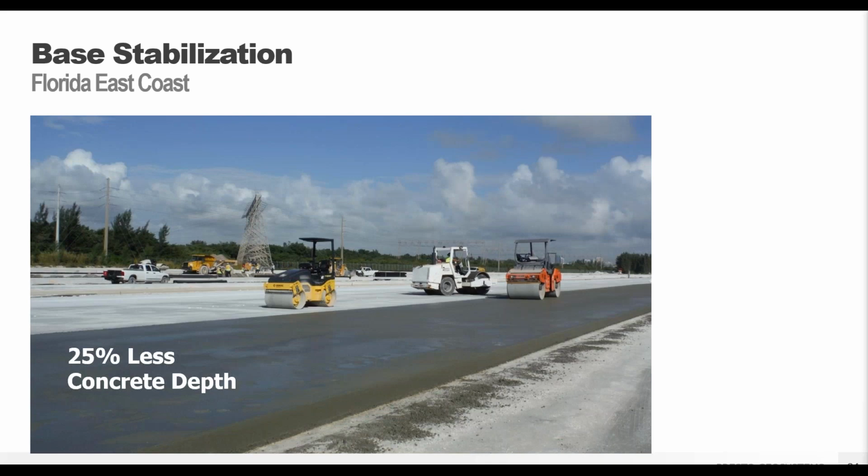Here's right after the placement when those rollers are compacting that concrete. So you have that nice, very durable surface. By using the GeoWeb system, they were able to reduce the depth of the roller compacted concrete from 24 inches to 18 inches. But more importantly, the construction only required 2 lifts of concrete rather than 3, because they were able to do it in 2 9-inch lifts rather than having to do 3 8-inch lifts. So definitely a huge time and cost savings by that reduction.